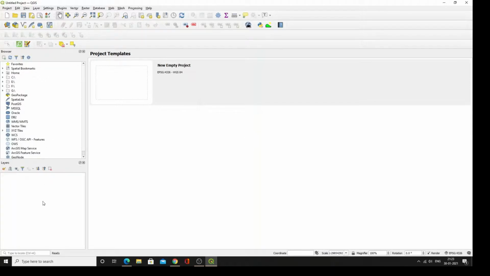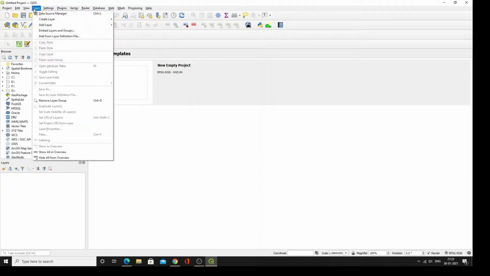If you see the left side bottom, the second one, which is named layers, here we will find all the layers which we will develop or which were imported from different sources. Like if you imported from the total station or DGPS, whichever, the data will be shown here. The file name will be shown here, and these are the different options. And if you want to add a layer or create a layer, you can see those options in the layer option.